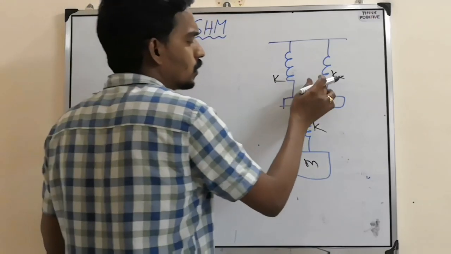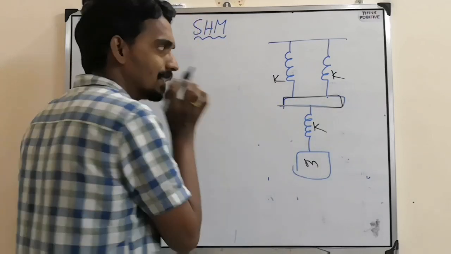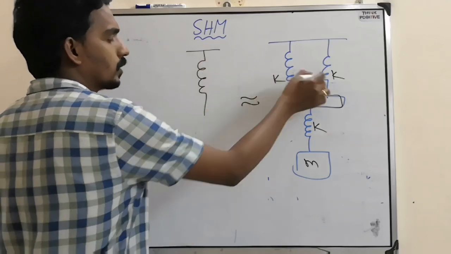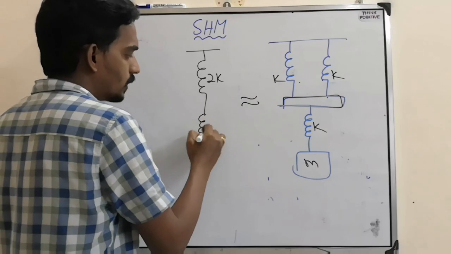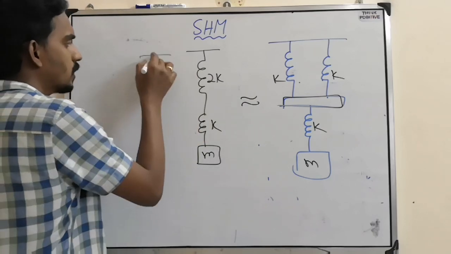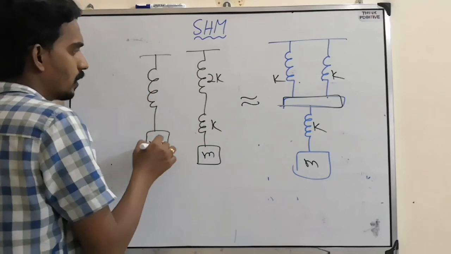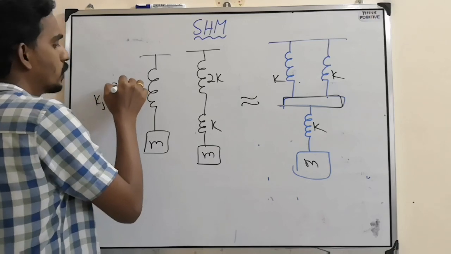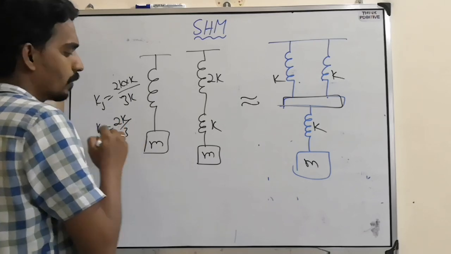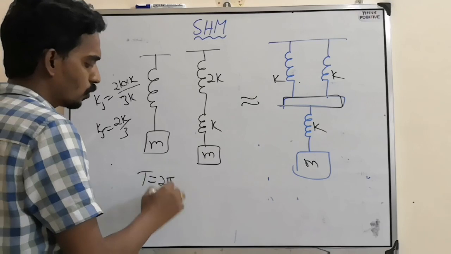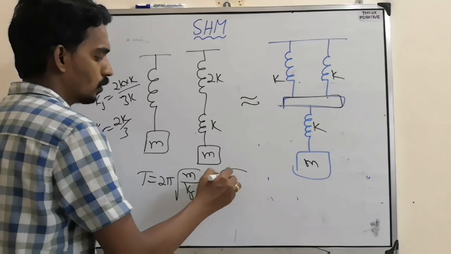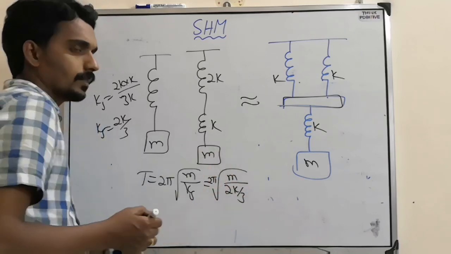Now first if you consider, these two are connected to this independently. So these two are in parallel, then the system will first become like this. So these two resultant will become 2K. Now it is in series with K and it is attached to mass m. Now these two being in series, it will become one effective spring whose constant will be 2K into K by 2K plus K, 3K. So that will become 2K by 3. Then the time period will become 2 pi root m by K series or K resultant. That is 2 pi root m by 2K by 3.